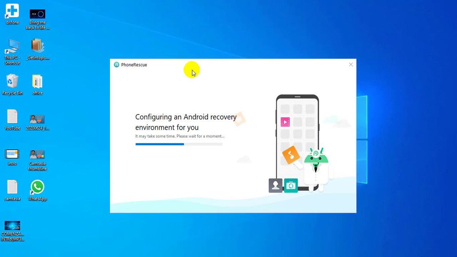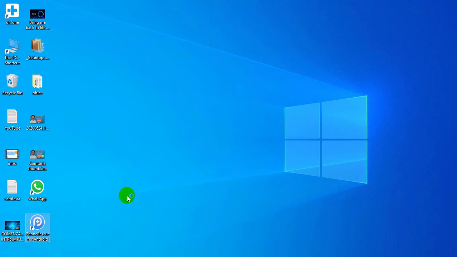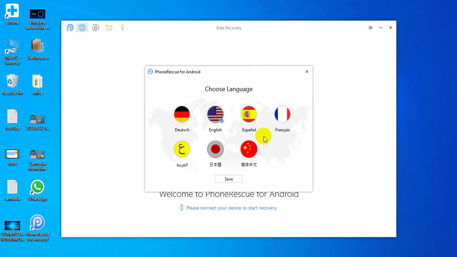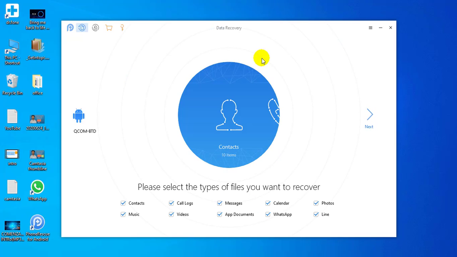And this Phone Rescue software is one of the best software to recover your deleted data from your Android device, because in the market many softwares are there. Amongst all those softwares, this software is one of the best. Now let me open this software. You can choose your language, and now as you can see here,